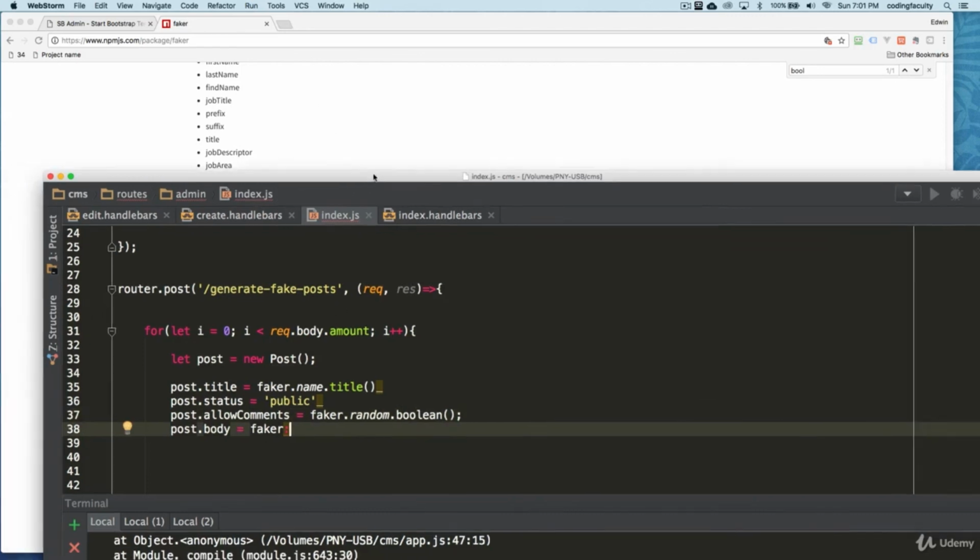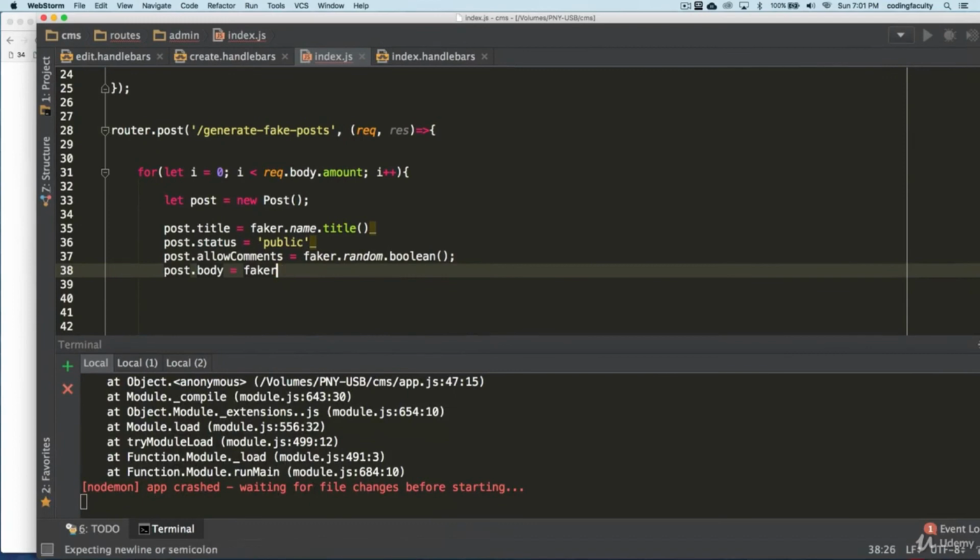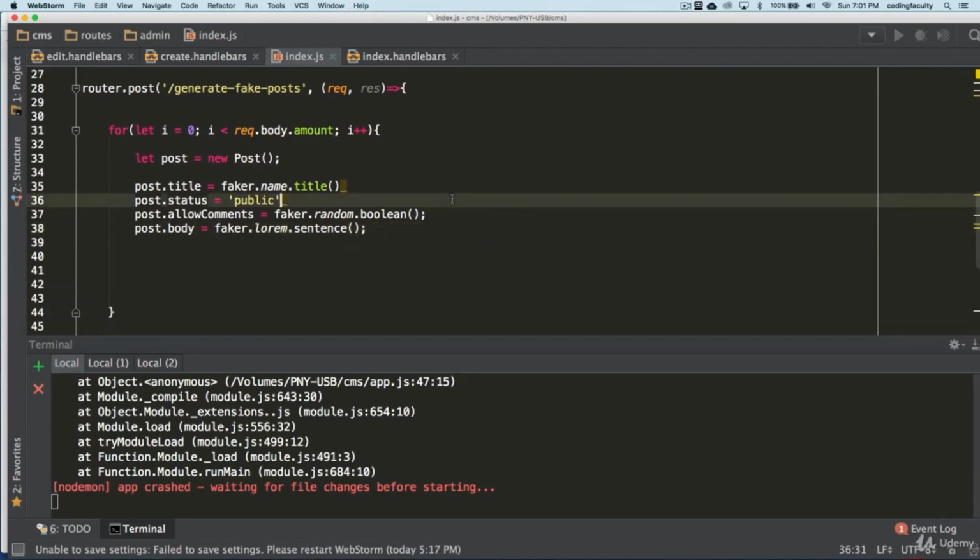And the body could be like sentences or something like that. Let's see if they have a sentence there. Lorem sentence or sentences. Sentence. There we go.